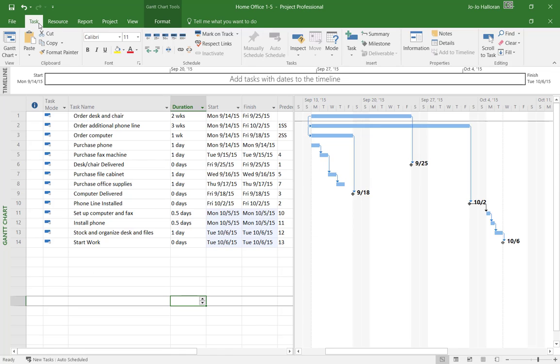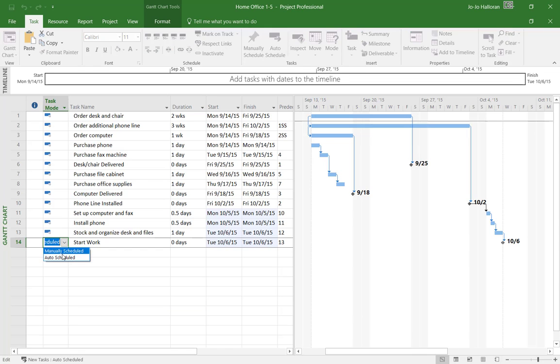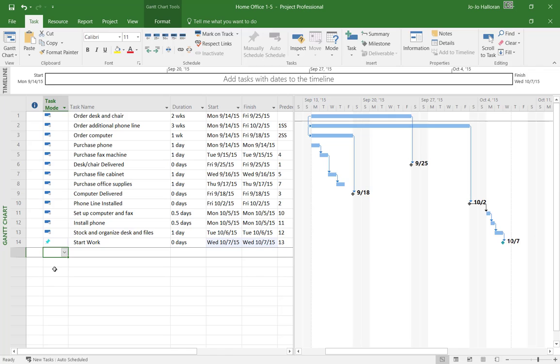And then always make sure you are working on the tab related to what you're doing. So we are working with tasks, okay? And notice that these have all been changed to automatically scheduled tasks. If they're manually scheduled tasks, they will have like the little push pin icon so that you know something's not right there. If your schedule is not coming out to the right date here, always go back and look and see if you happen to have a little push pin. Because the little push pin, look at how it messed it up and changed it to 10/7 because it was manually scheduled, okay? But when we go back and fix that to an auto scheduled, it picks up right where it needs to be